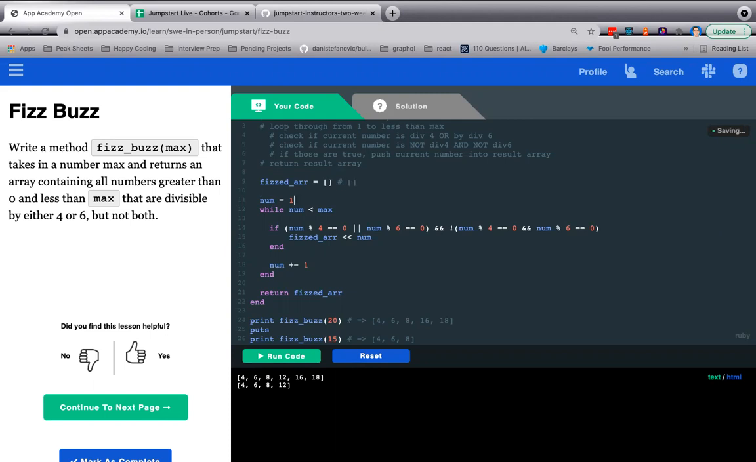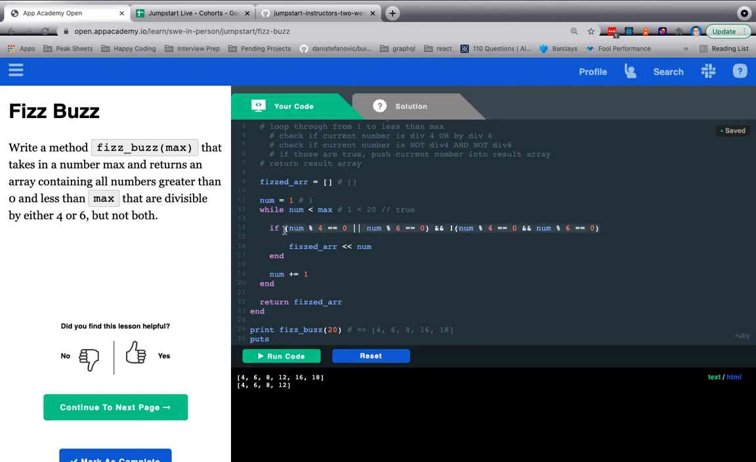It starts off in an empty array. What is num? Num is 1. So we're asking if 1 is less than max, max being 20. This holds true. Cool. So I'm going to do this, and I'm going to copy and paste this like so. Okay. So num is currently 1, right? So we're checking if 1 mod 4, 1 is evenly divisible by 4. This is false,